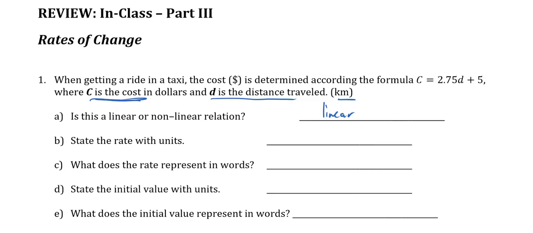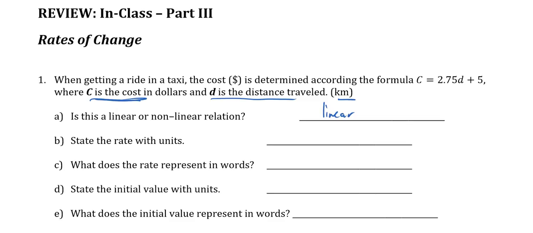State the rate with units. So where's the rate? Looking at the equation, remember what I said yesterday? There's four ways we talk about relationships. In words. There's words in this question, but this one isn't in words. The equation. This one gives you the equation. A table and a graph is the fourth. So this one's giving us the equation, so we need to be able to pick out the rate and the initial value